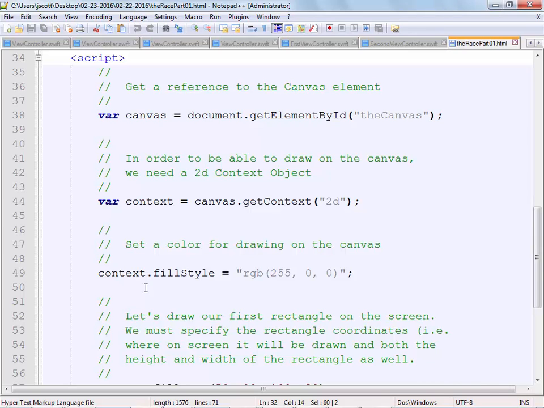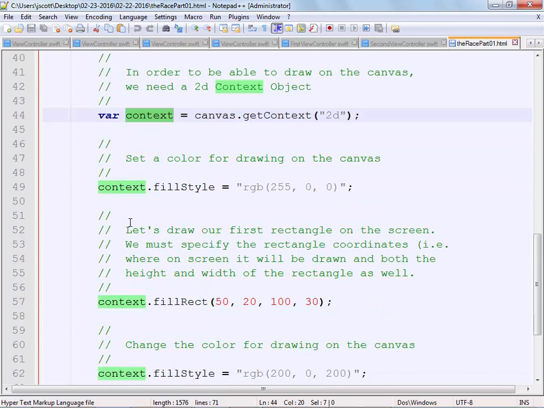When you work with a canvas element, you need a reference to it, and that's what that is. That's using getElementById to get a reference to it. Then if you want to draw on it, I've never tried doing any 3D type of thing, so this is all done 2D. We need another reference, a 2D, two-dimensional context object. You don't have to call this canvas, you don't have to call that context. You can call it whatever you want.